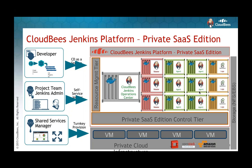And then with Private SaaS Edition, we're also shipping Elasticsearch as a component to store all your log information. Each of these Jenkins resources and Elasticsearch components are all running inside of Docker, right? They're all Dockerized containers running on the cluster. So once Simon has set up this cluster, the next thing Simon would do is go talk to